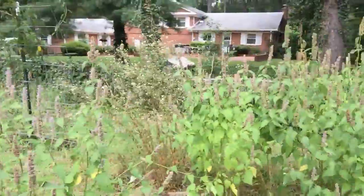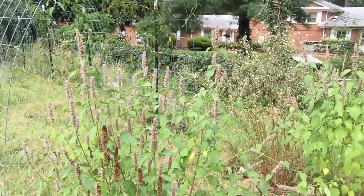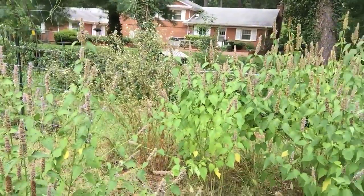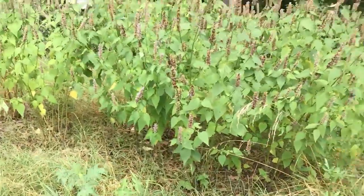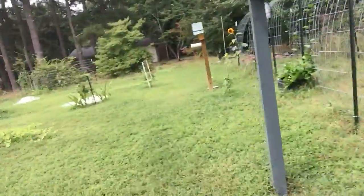And hyssop. So our hyssop is looking a little rough too from the lack of water. Hopefully it'll start to perk up with this little bit of rain, and if we do get a little bit more, that'll really make a big difference. So we have cosmos and another volunteer tomato, some stinging nettle, a lot of seeds on that stinging nettle. And I'll do a quick little